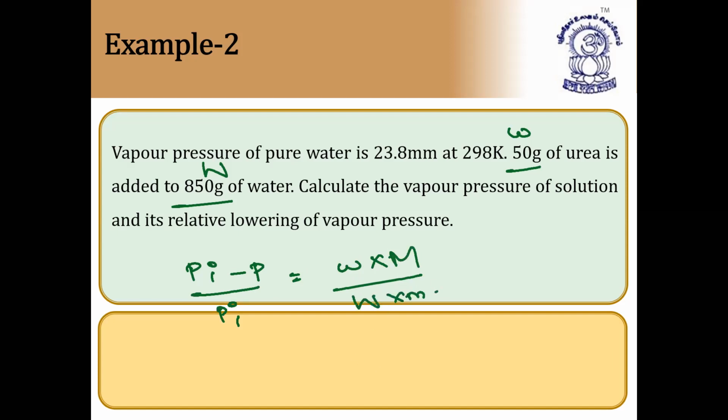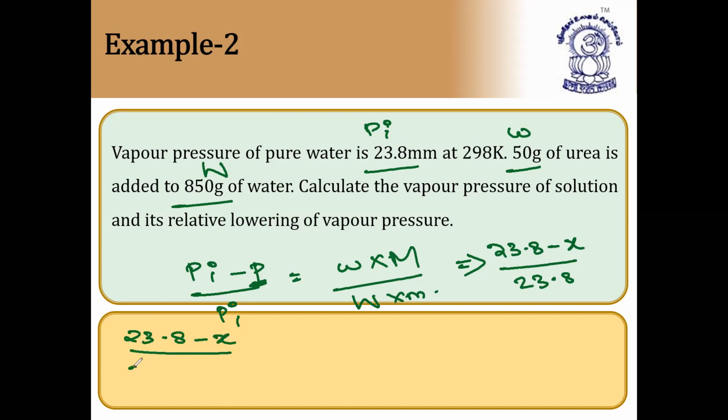Everything is given except P. We have to find P because P1 naught is given as 23.8. So you can write the equation now: 23.8 minus X by 23.8 is equal to,